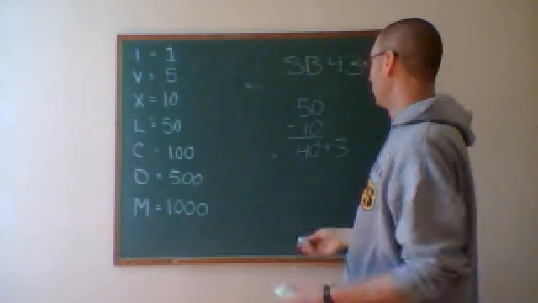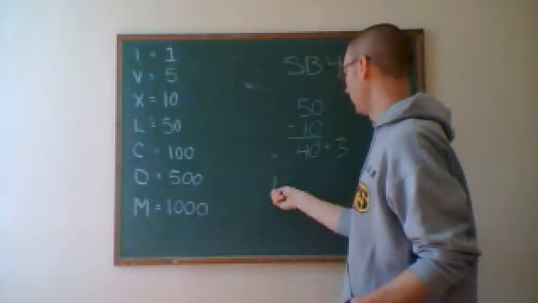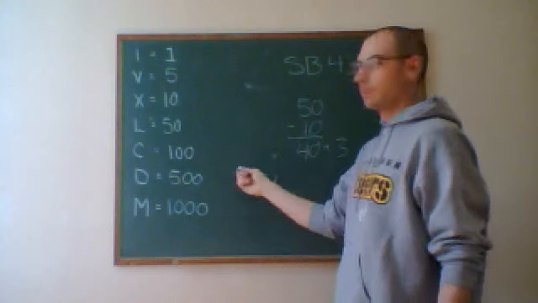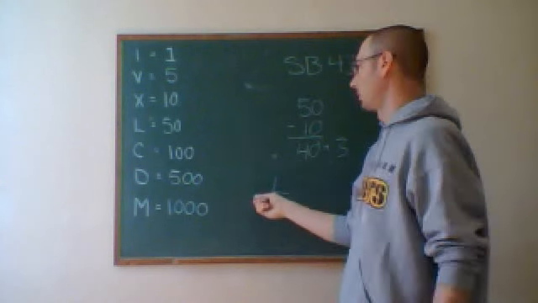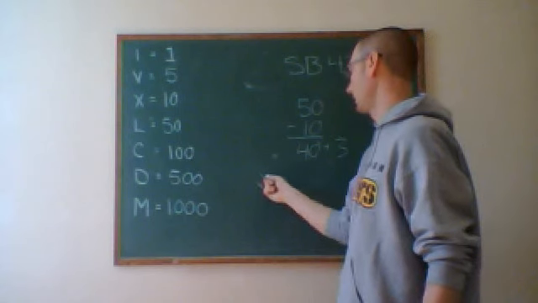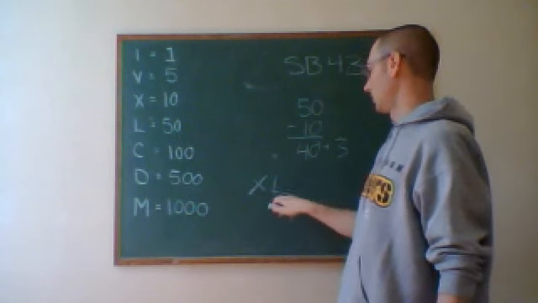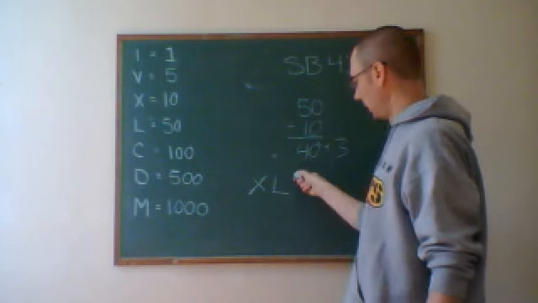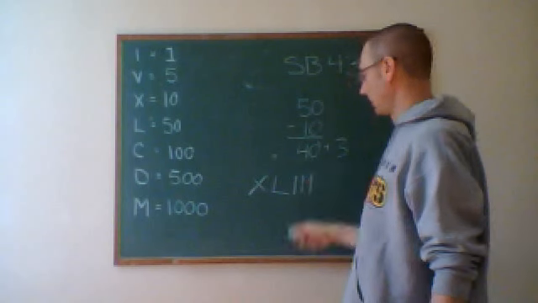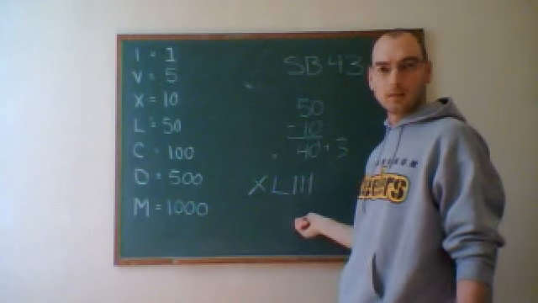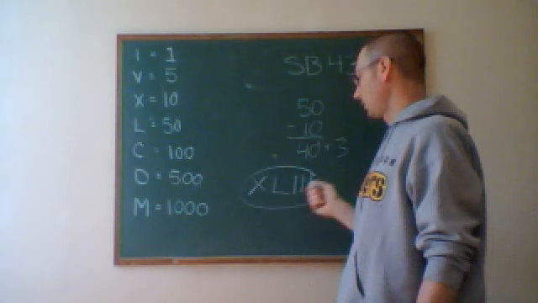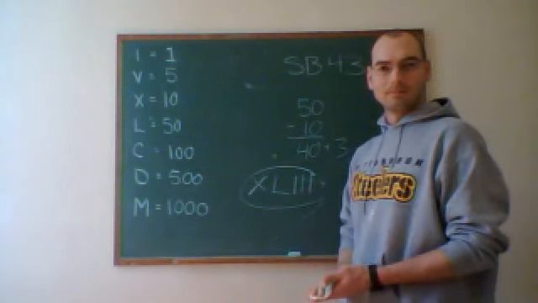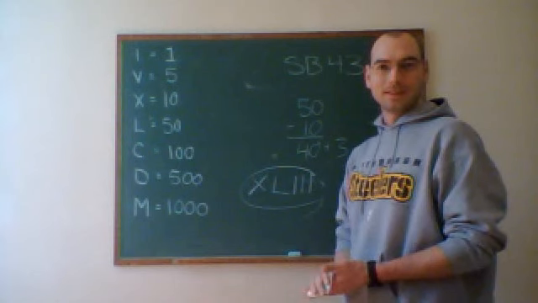In Roman numeral terms, start with your 50, you have your L, subtract 10, placing the lesser value in front of the greater value would be subtracting. So there's 50 minus 10 giving us our 40, and then 3 consecutive I's accounts for 3. So Super Bowl 43. Steelers won their 6th championship. Okay, I hope that clears